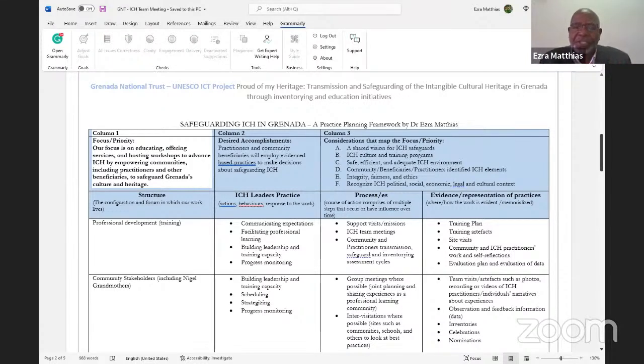And such as communities, schools and others, to look at best practices, because that's basically what we're trying to do. And lastly, for evidence as far as community stakeholders, we expect to see artifacts such as photos, recordings, or videos of ICH work. Okay, narratives about experiences. Those are the type of documentation, those are the type of things we need coming out of each part of